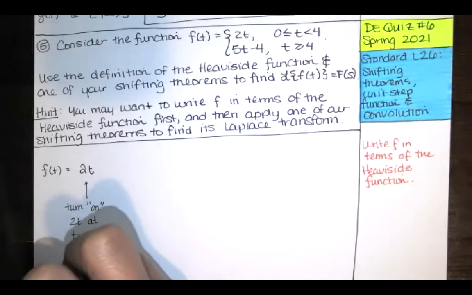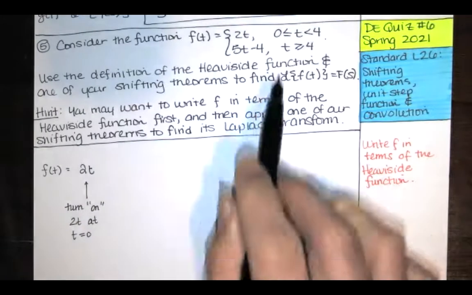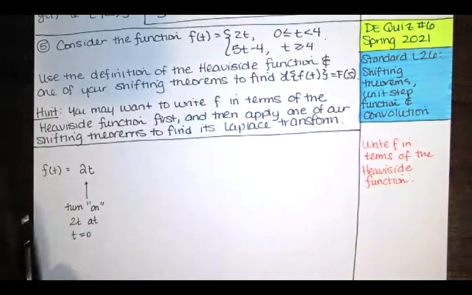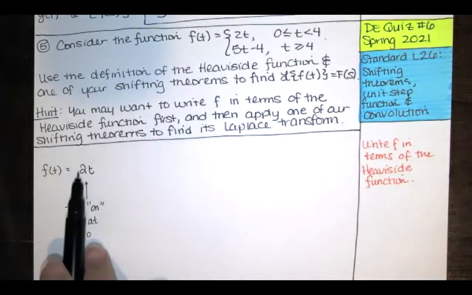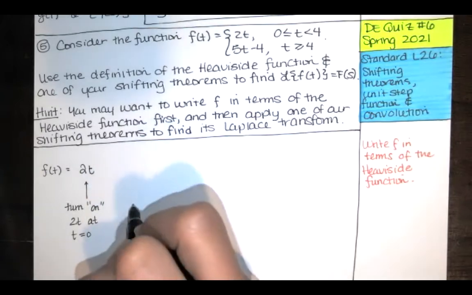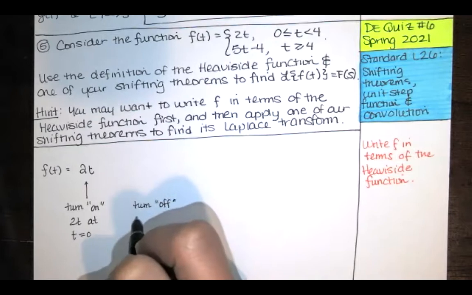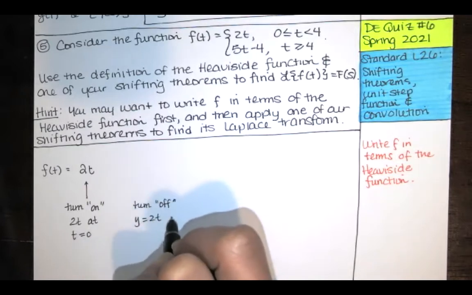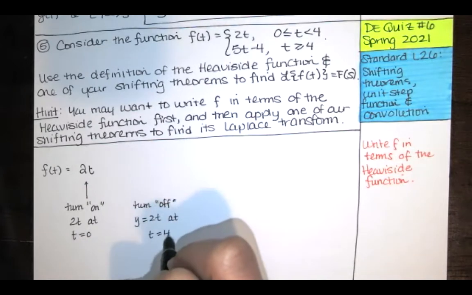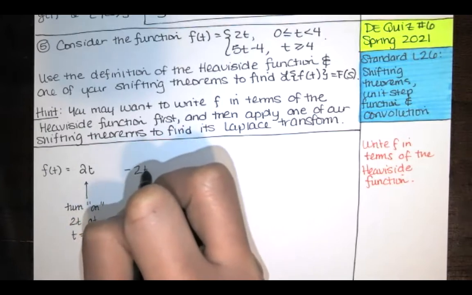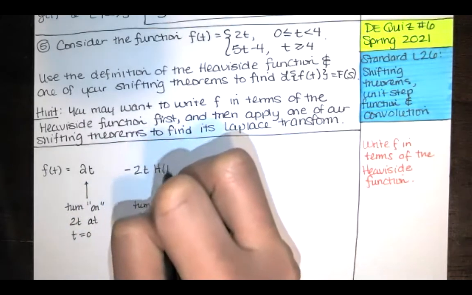And that's at t equals 0. And then at t equals 4, we want to turn this off. So to turn this off, y equals 2t. At t equals 4, we need to subtract the function and multiply by the Heaviside function at